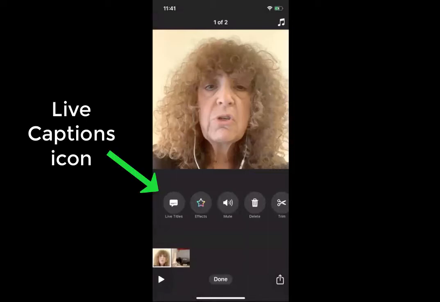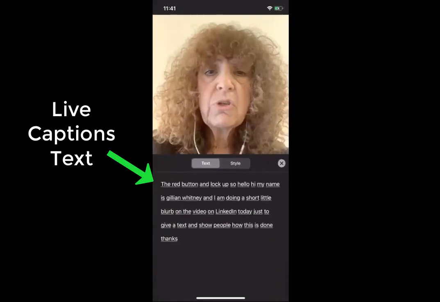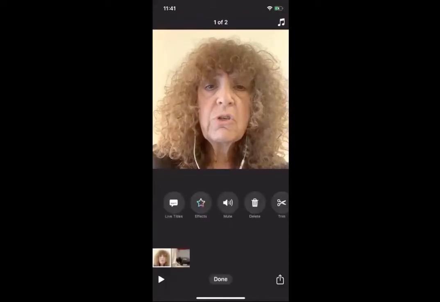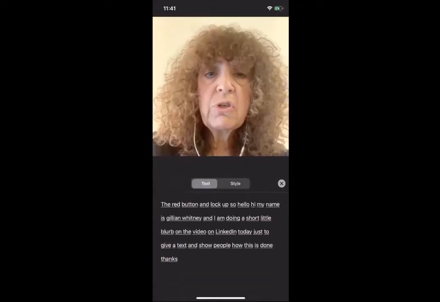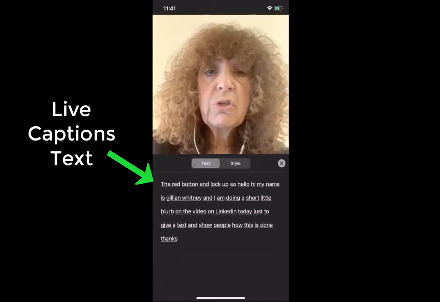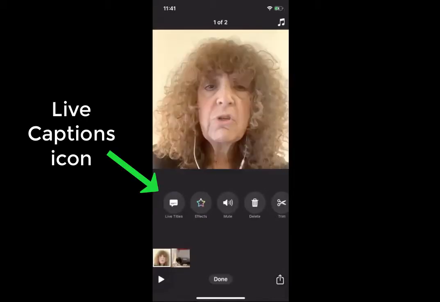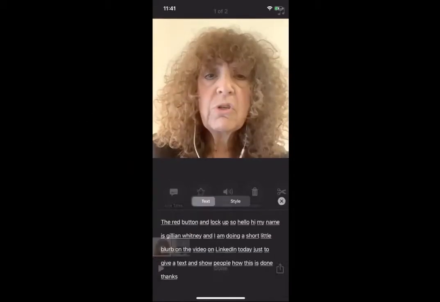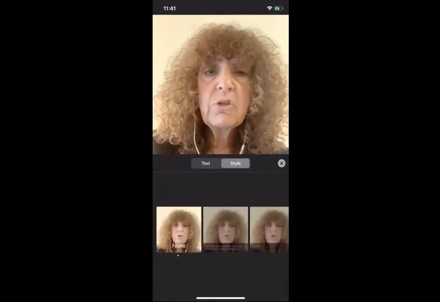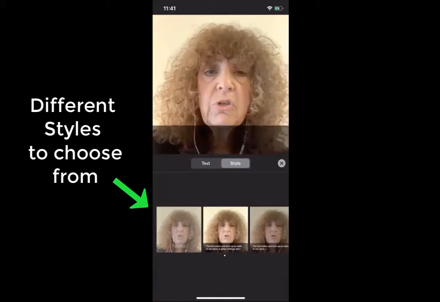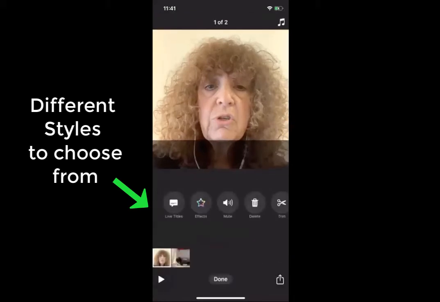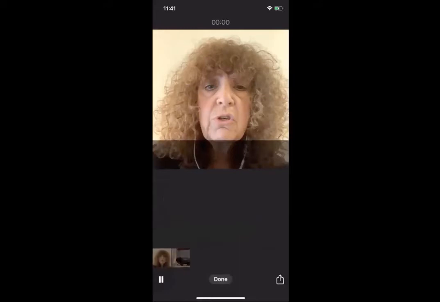Now, this is probably the best feature of this program: Siri records everything that you do so that you can have live captions at the bottom. So if I go here and tap, okay, I'm going to go back to my clip. I was talking in this one. If I tap on live titles and tap on style, right now I have none displaying, but now you can see that if I choose that one,